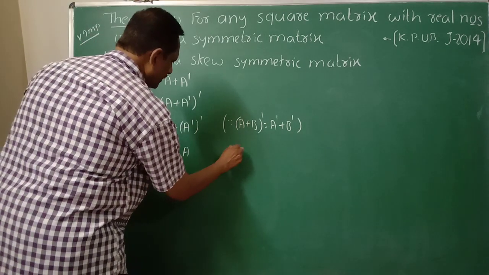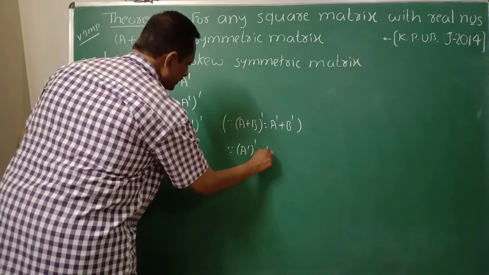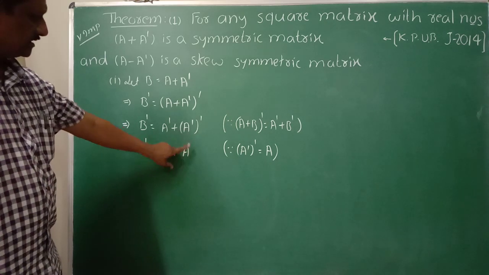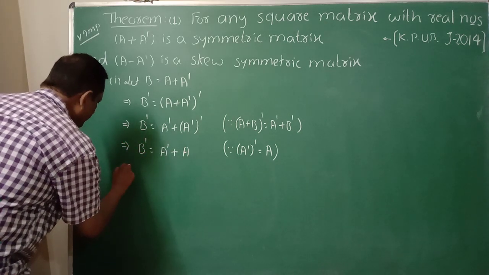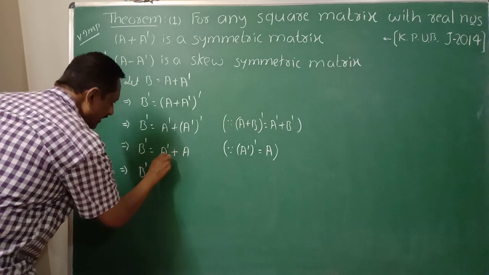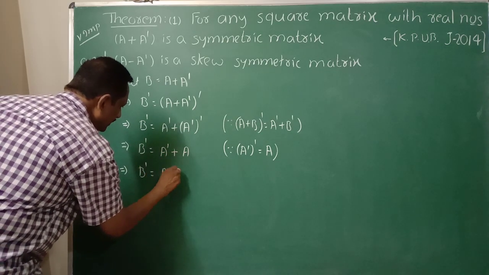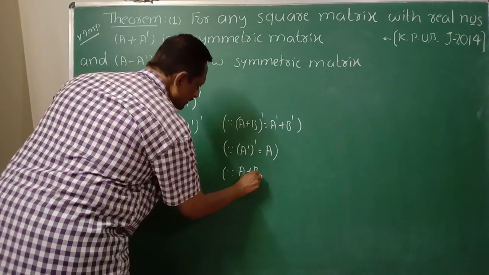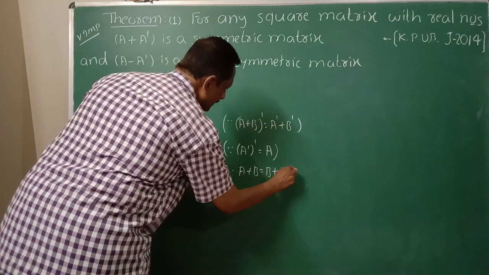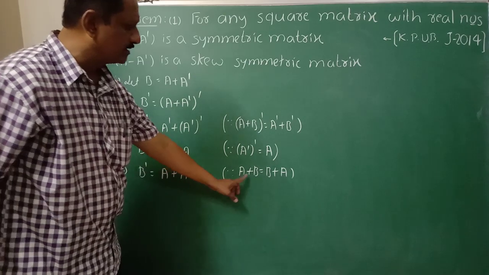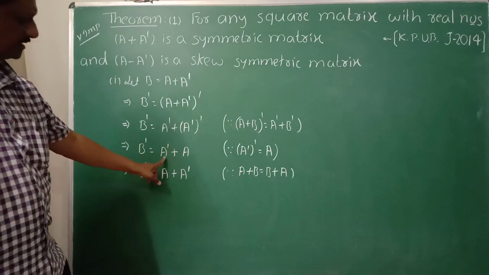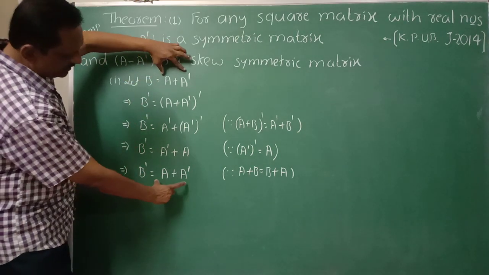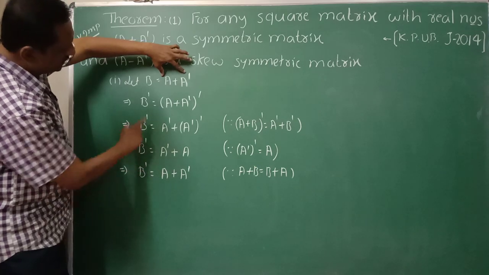And this implies B dash is equal to, here A dash plus here A dash of dash is here. Again a property here. You know A dash of dash is equal to A. Property of transpose of the matrix here. So A dash of dash is A. Therefore this implies here B dash is equal to A dash plus A can be written as A plus A dash here, because here matrix addition is commutative. Okay, matrix addition is commutative. A plus B is equal to B plus A. Hence A dash plus A can be written as A plus A dash. Okay, you just observe here, both are equal. A plus A dash. Hence you can write B dash is equal to B here.